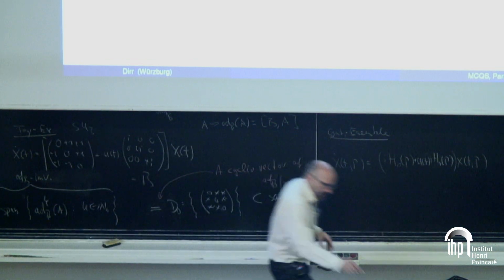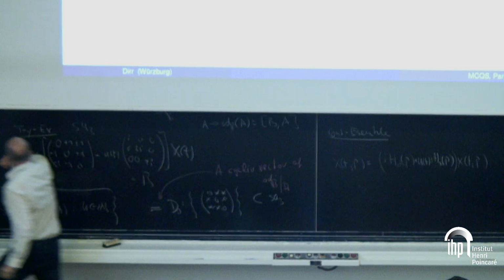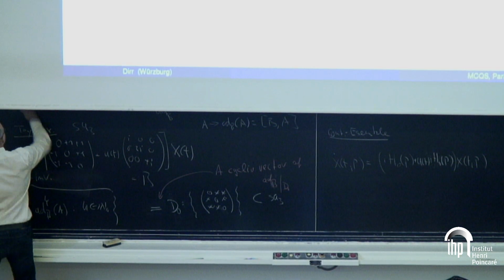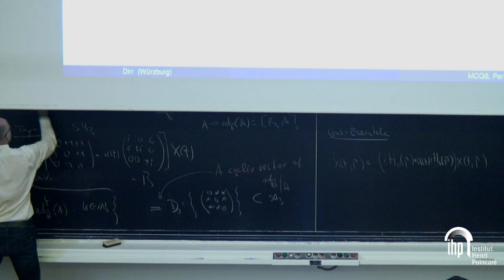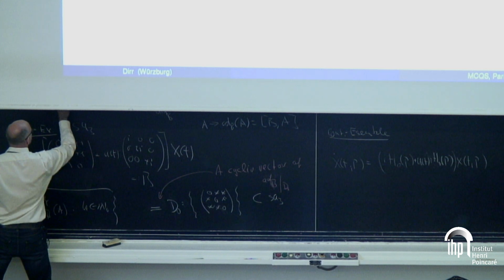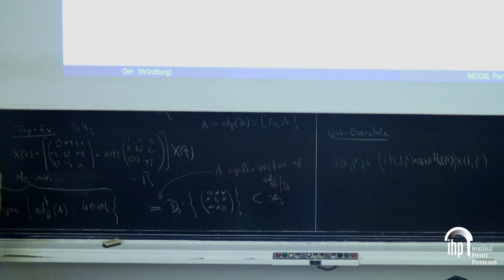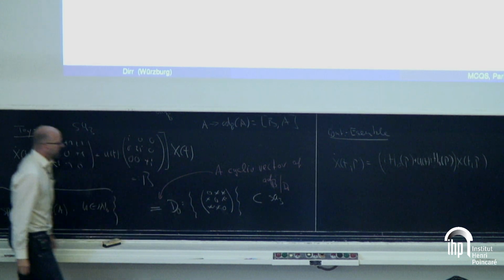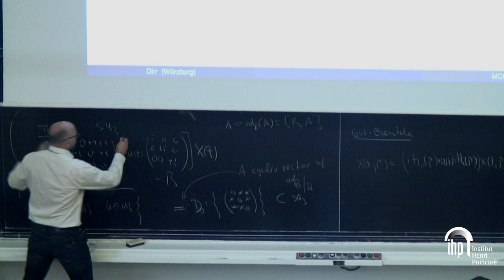Okay, so once we have this, you continue, and you can compute commutators in this set, and you will see that finally you get your entire Lie algebra. So once you have this set in your Lie algebra, then you know that you have the entire Lie algebra. So we can conclude